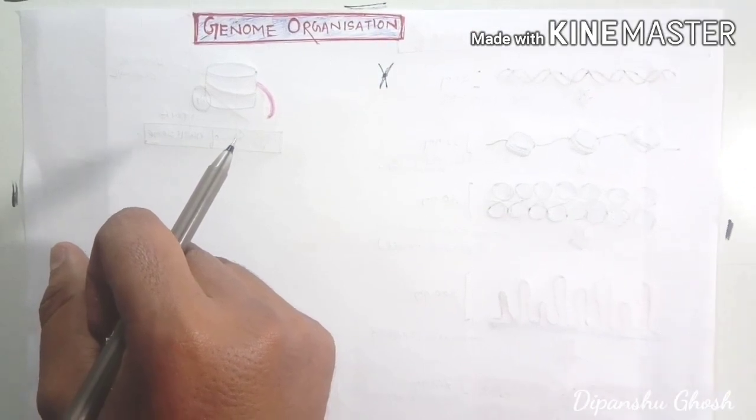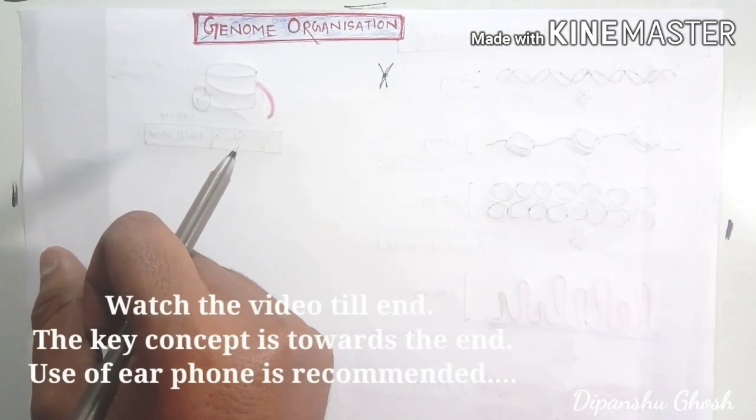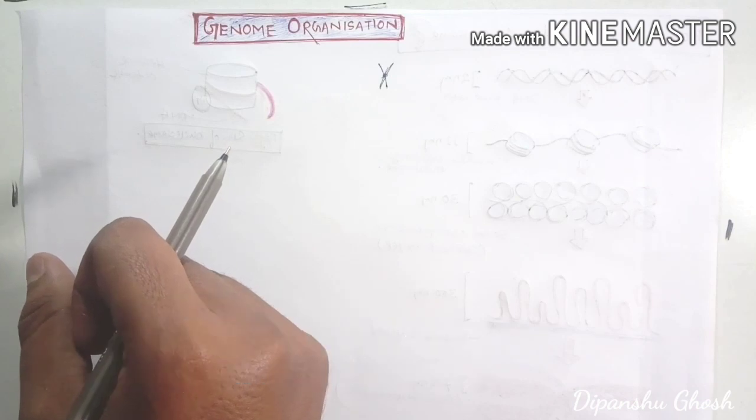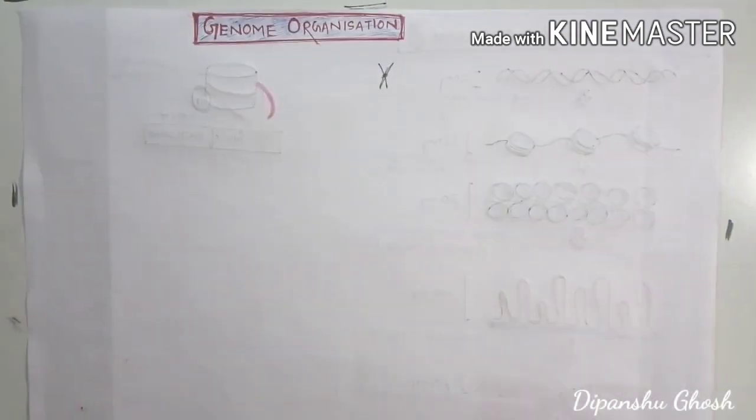Let's get started, friends. In this video, we are going to see how a long strand of DNA is condensed into a very short chromosome, right? We know that DNA is the genetic material of all eukaryotic organisms, including human beings and higher plants. Generally, DNA is not seen in the free state. Rather, it is condensed into a very short structure we call a chromosome, right?